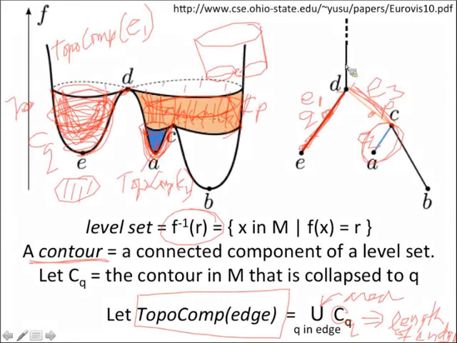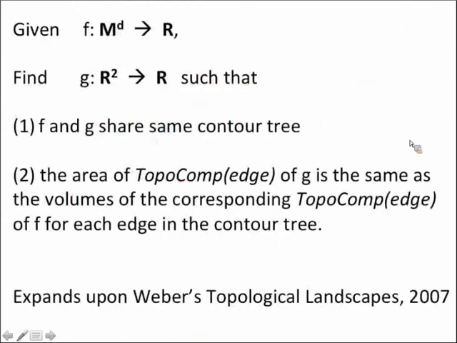But in reality, remember, my energy function is going from some d-dimensional manifold into R. So when I map back to the connected components, I'm getting d-dimensional connected components, and so I'm actually going to be getting volume. So what we want, basically, is given this map from this d-dimensional manifold where our surfaces are